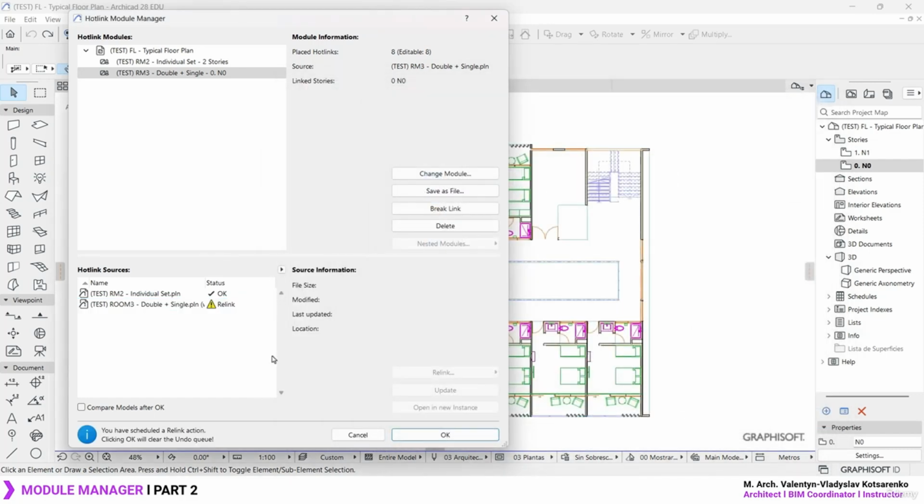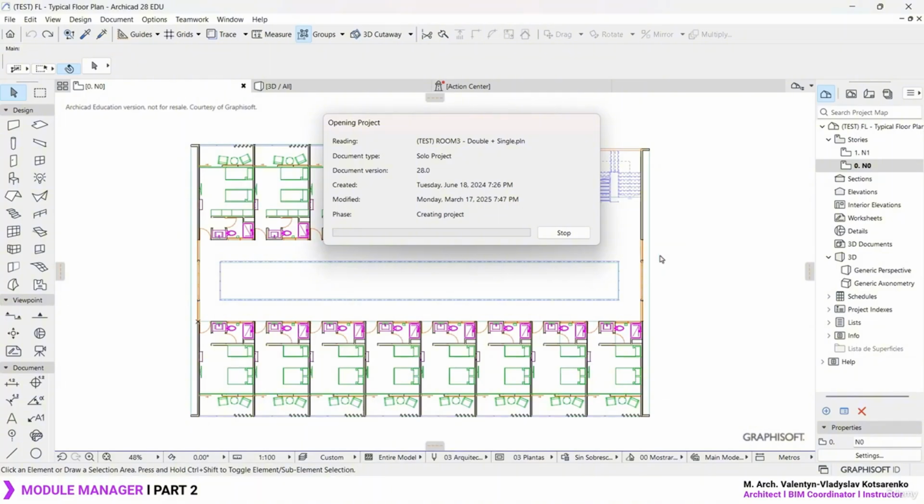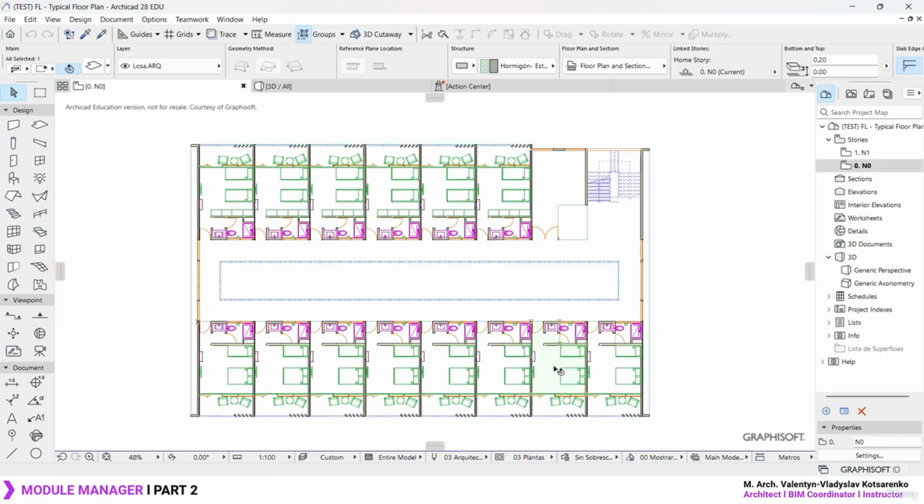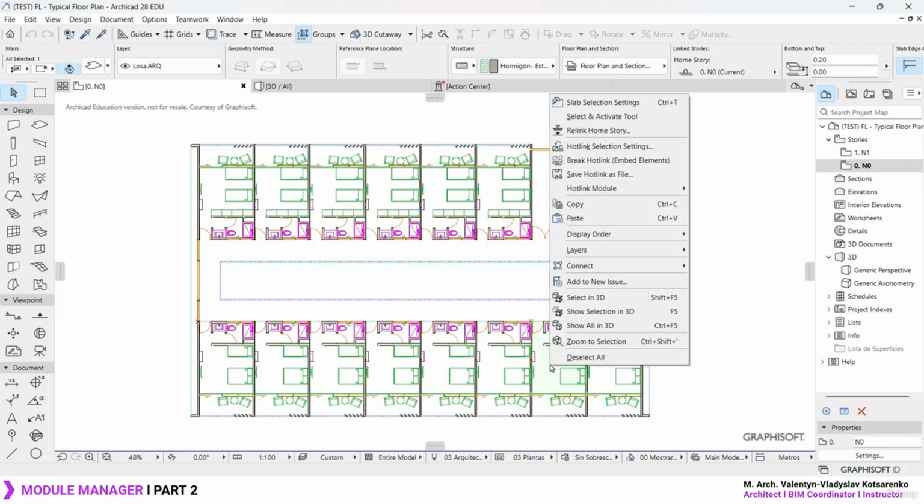Simply select it. Okay, we got the status, which is going to be called relink. Let's press OK. Let's see how it's going to behave. And there it is, as nothing has happened. Okay, so that is a definite fix you want to apply in case that you rename your file, in case